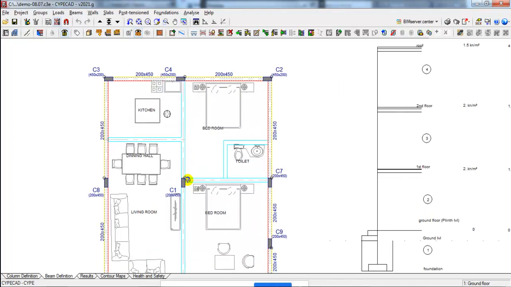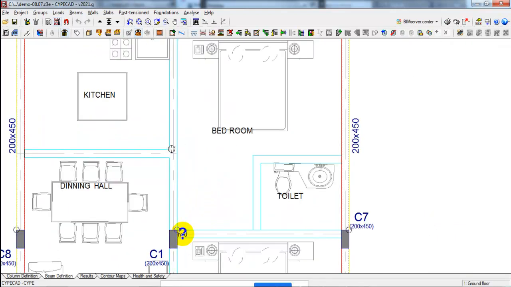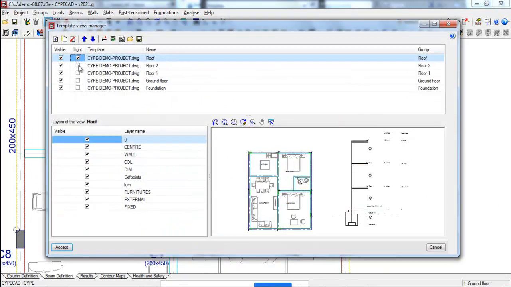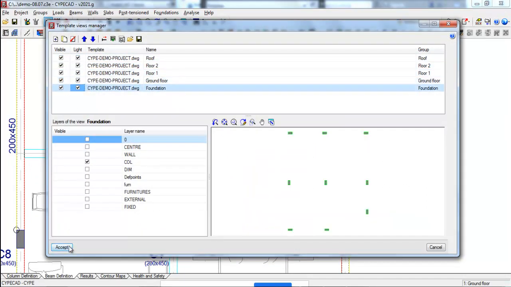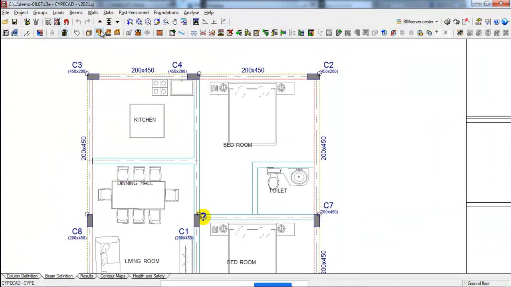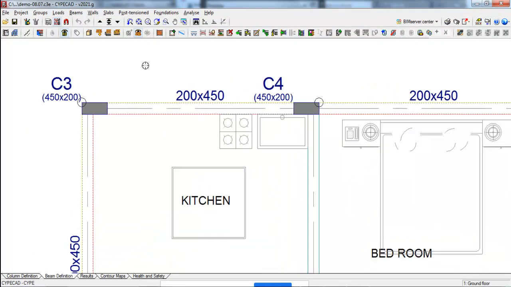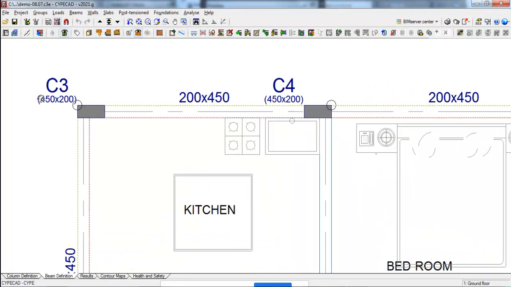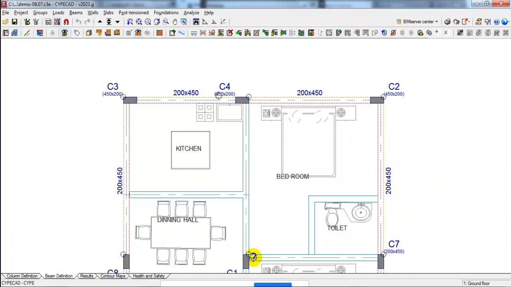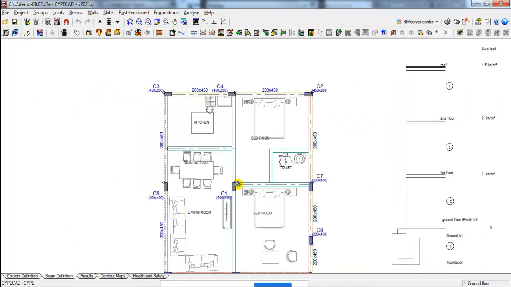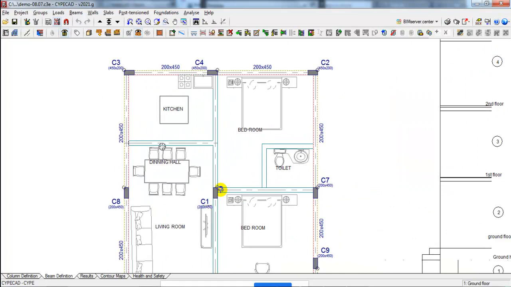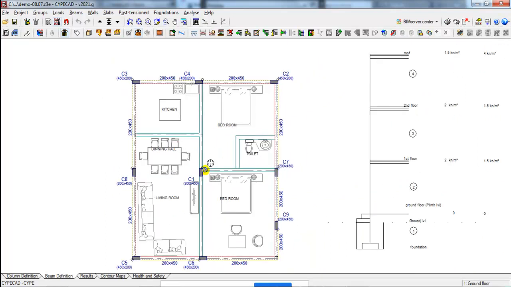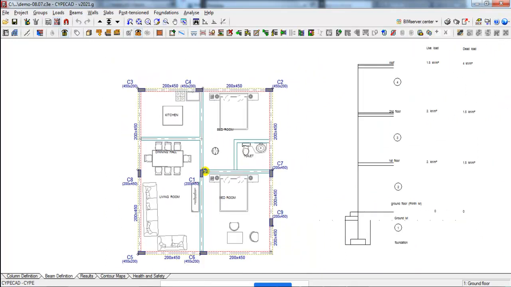Probably you are not able to see the walls here. Let me just, 1 second. Okay, now it's slightly better. Now you can see the modeling, column numbers, column size, beam size, everything has come, including the external boundary. But the internal beams we need to model now. Internal beams we have to prepare ourselves.